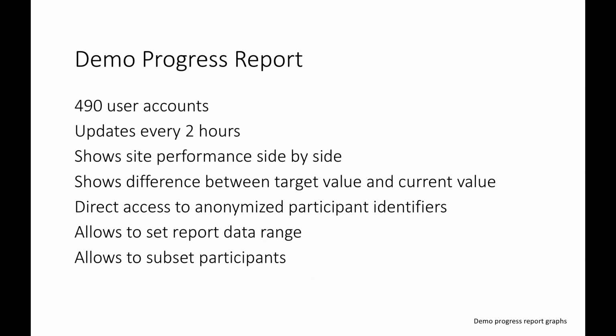We show also in the progress report site performance. So we measure specific metrics and we show them for each of the sites. We show the difference between target values and the current values. This includes, for example, demographic targets or targets for income groups. Most of this is interesting for recruitment. We have direct access for anonymized participant identifiers,